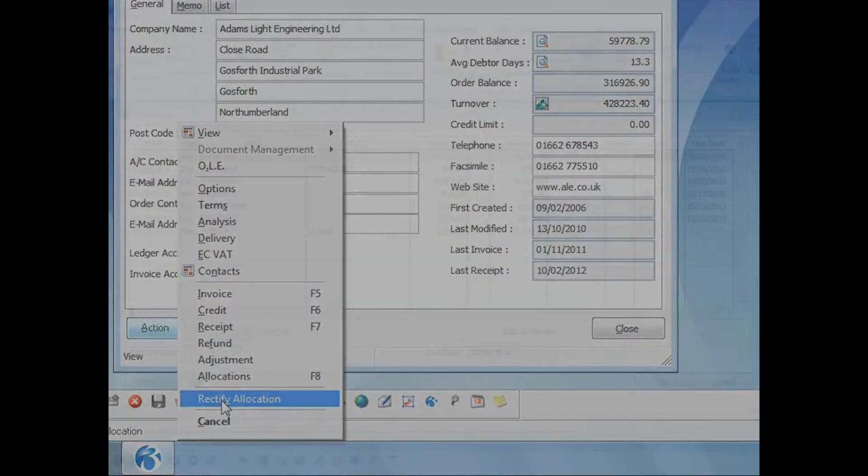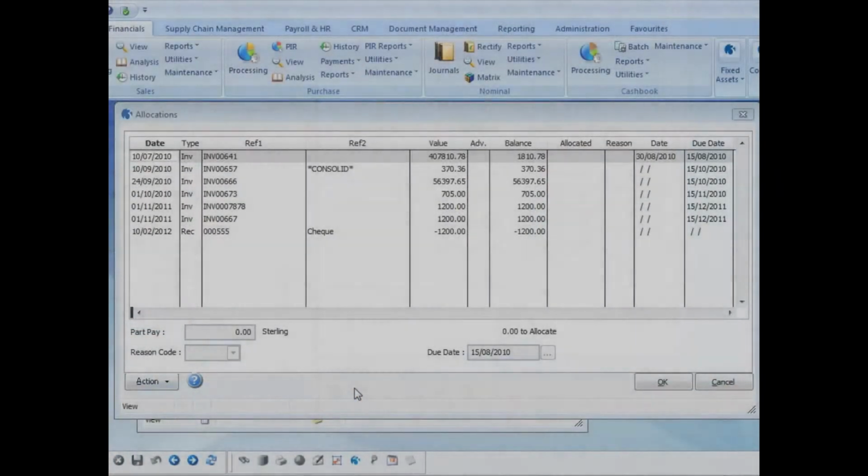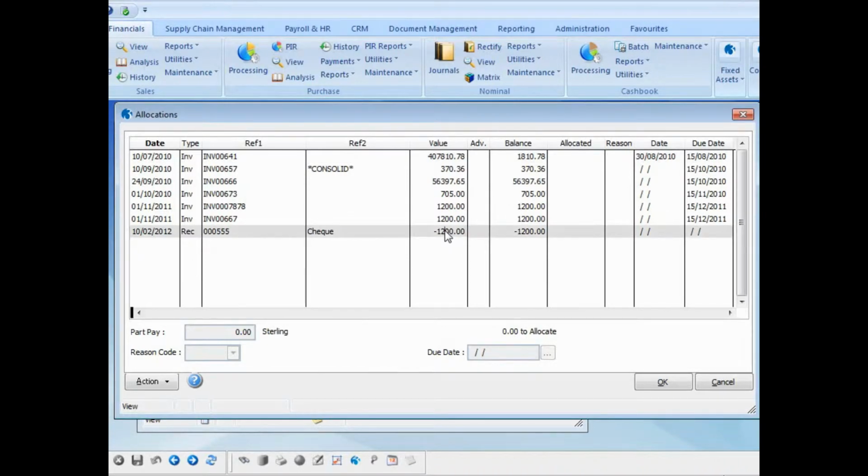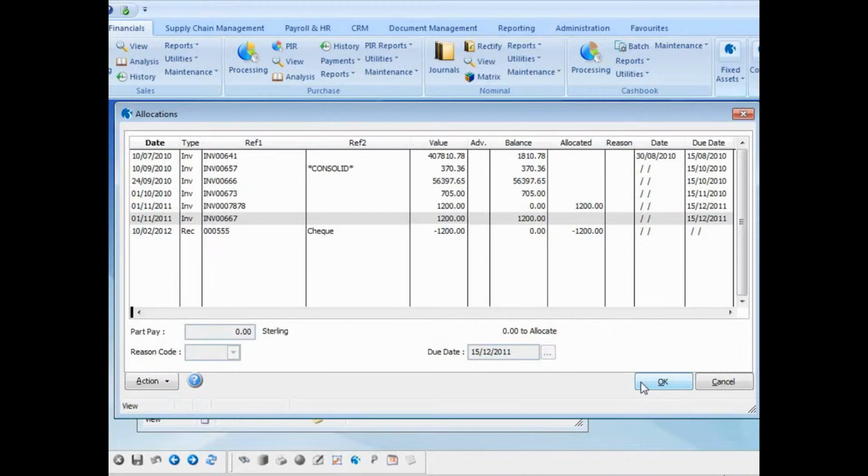So let's look at the sales ledger rectify allocation facility first, and let's imagine this scenario. Let's say that we've received a cheque from a customer with no remittance slip and no reference to the invoice that they're intending to pay or part pay with this cheque. We do our best to allocate the cheque correctly. However, with lots of invoices outstanding for similar amounts, let's face it, we're only human and mistakes can be easily